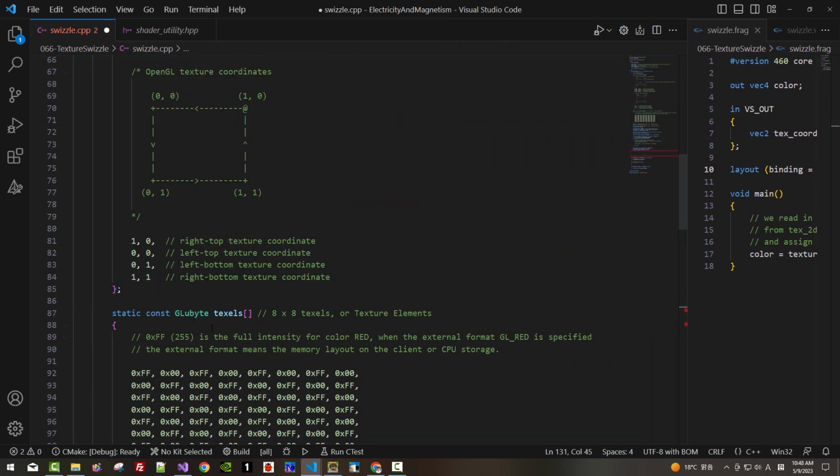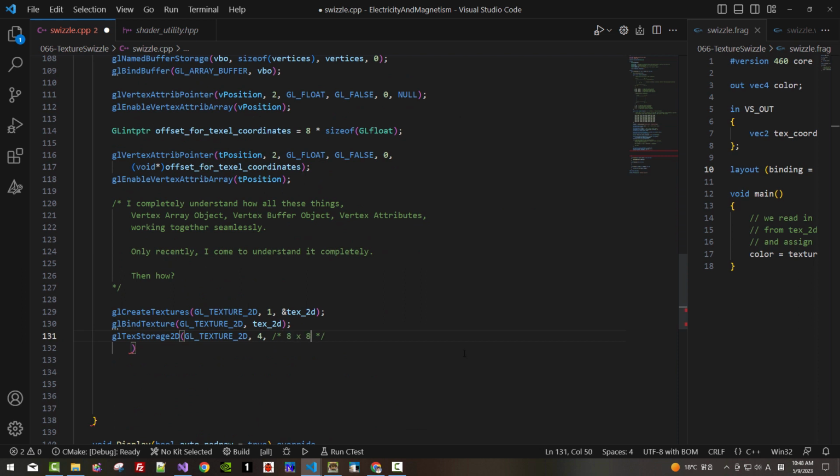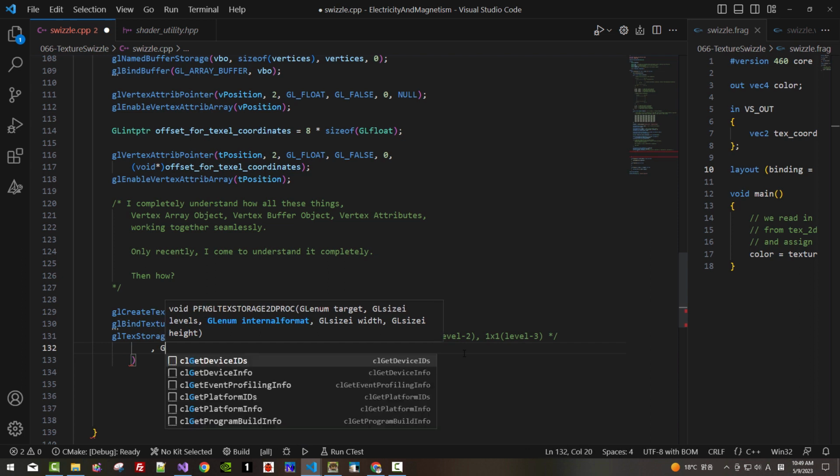When we create texels, we defined 8 by 8 texels. So here, 8 by 8 texels. This is level 0. From this we can create 4 by 4, level 1. From this 2 by 2, level 2. From this 1 by 1, level 3. So we will generate 4 mipmaps. Then internal format GL_